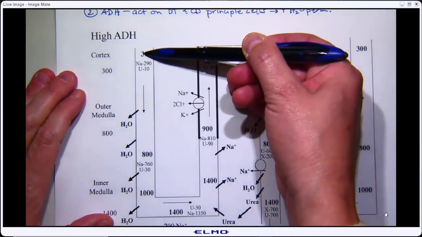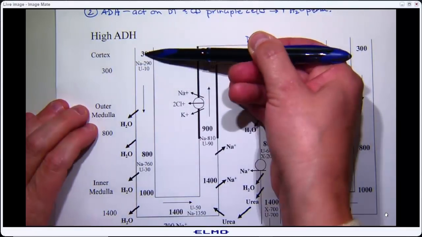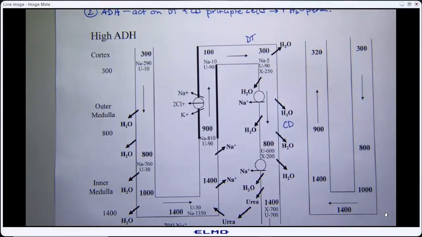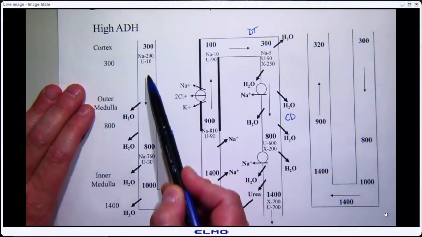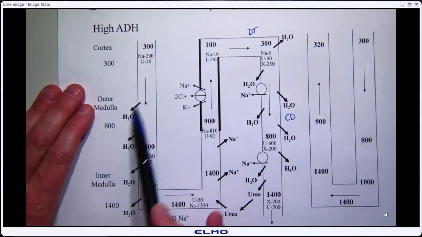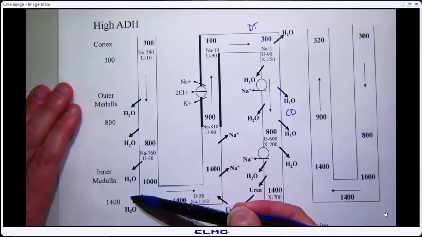We end up with fluid coming through the descending limb of the loop of Henle, osmolarity 300 milliosmoles, and we're going to run it through that medullary space, right, which starts out at the cortex level at 300 milliosmoles, and as we move that fluid down through the concentration gradient where it's permeable to water,